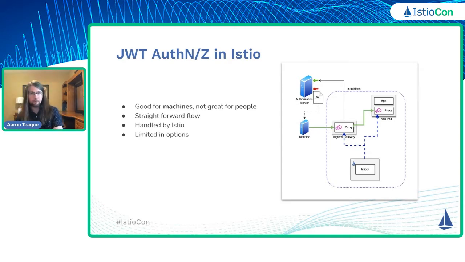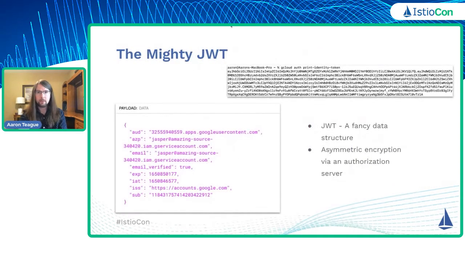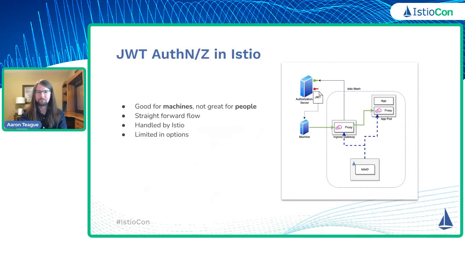With the case of Google Cloud Platform, the virtual machines get either by default or custom a service account applied to it. Or if you're using GKE, you can use a thing called workload identity and then have a service account per pod if you want. And so you're able to use this as identity, and you're able to do something like the gcloud auth print-identity-token or some similar REST request to pull that token down. And so you're able to authenticate, and it's able to verify that the thing it got is good for the